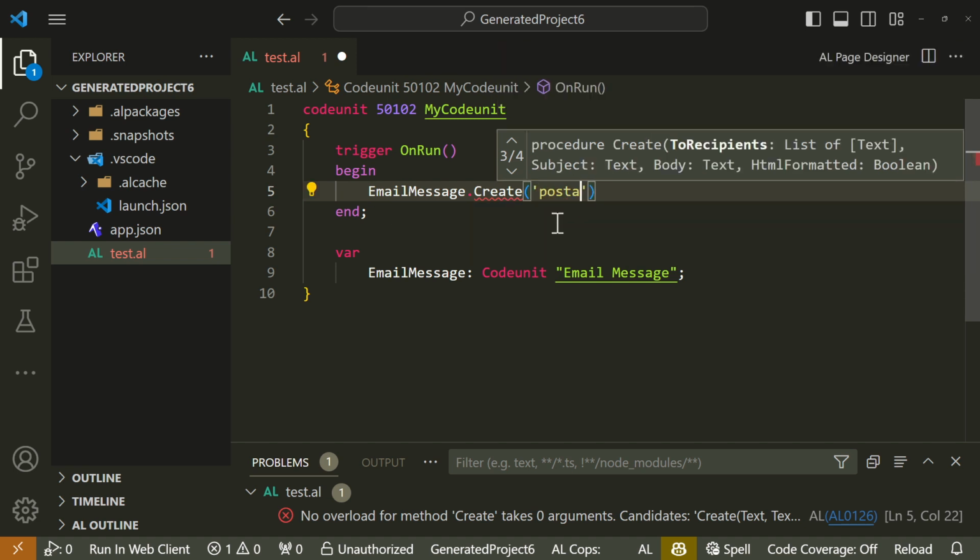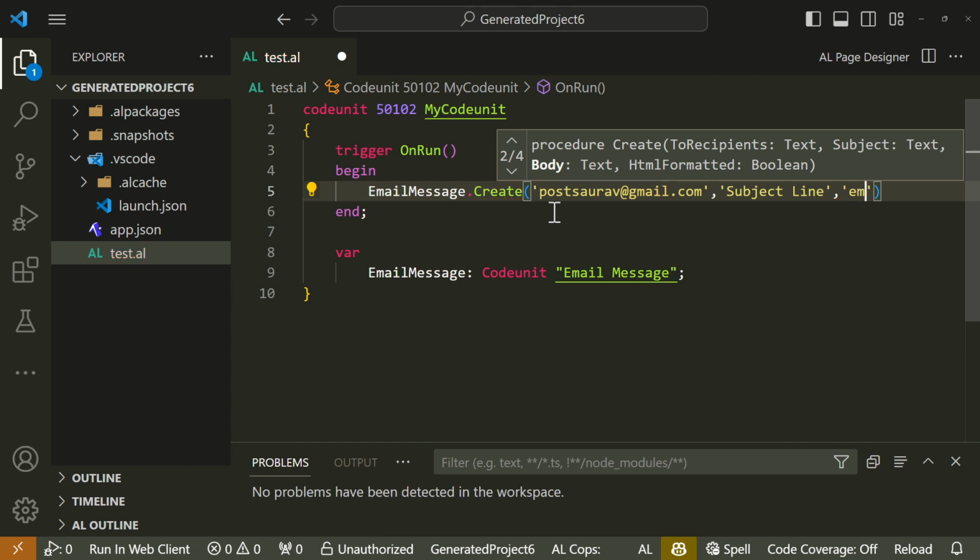So I'll type in my email ID, email.com. And then I put a comma. And now it should start suggesting that I need to type a subject. It should do that. Okay. Subject line. Okay, then the next one is body. So if I type email body,